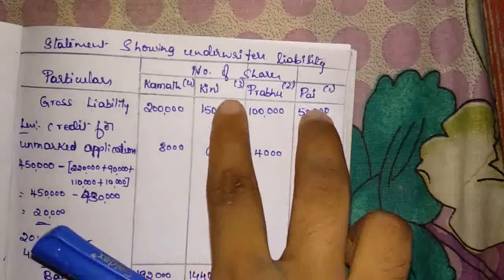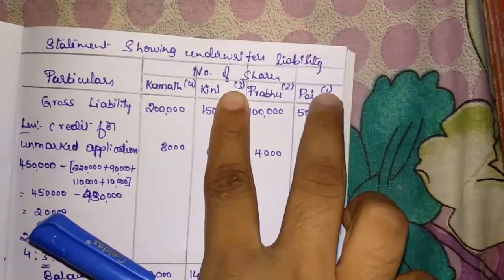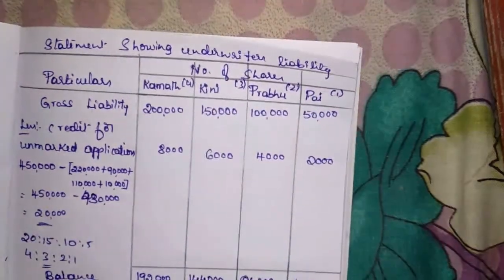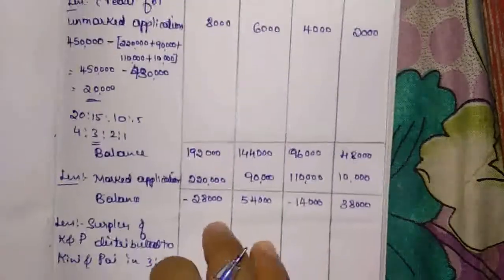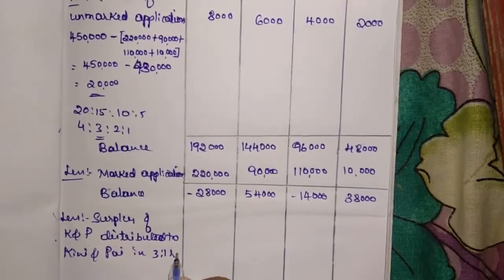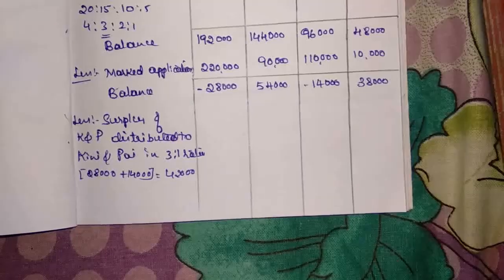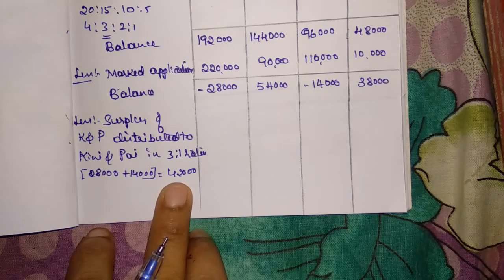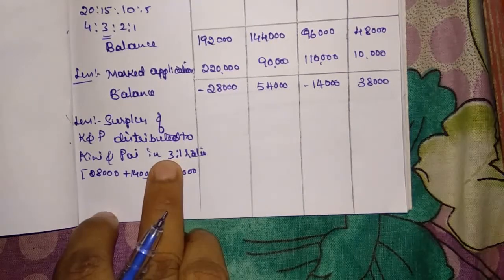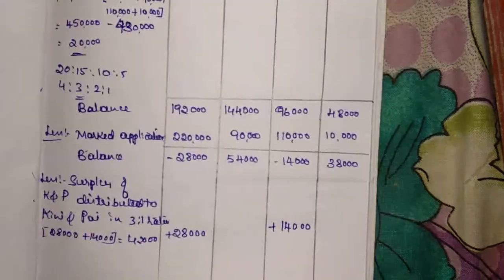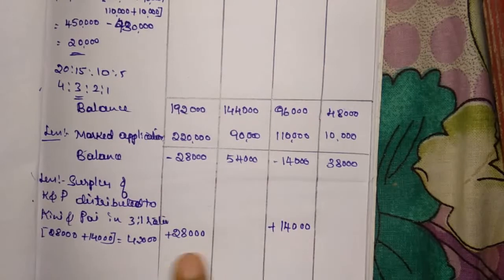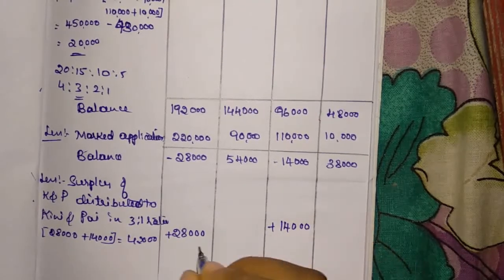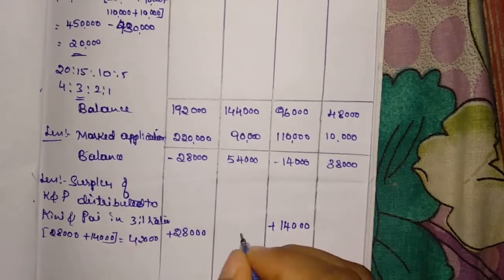So what is their ratio? That is 3 and 1. So 3:1 is the ratio. 28,000 and 14,000, total surplus is 42,000, and that is shared in the ratio of 3:1. So 42,000 into 3 by 4, that is